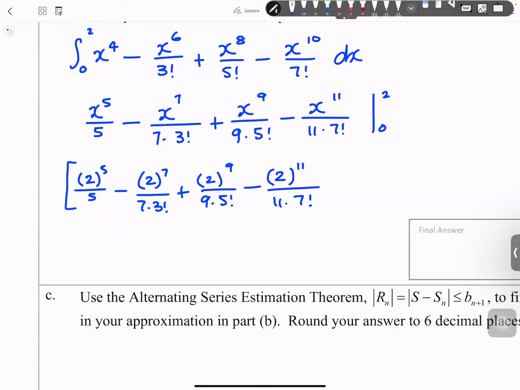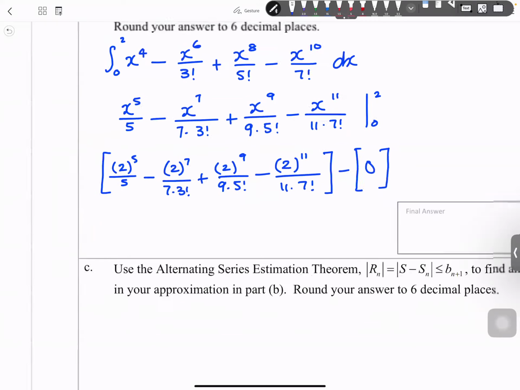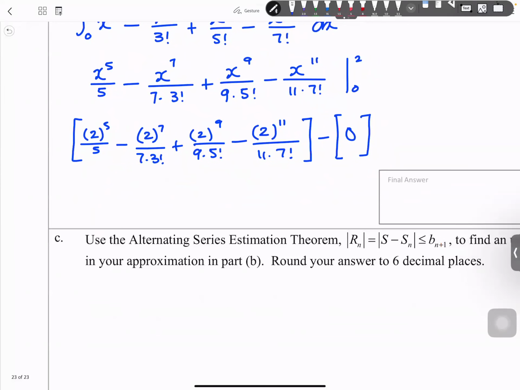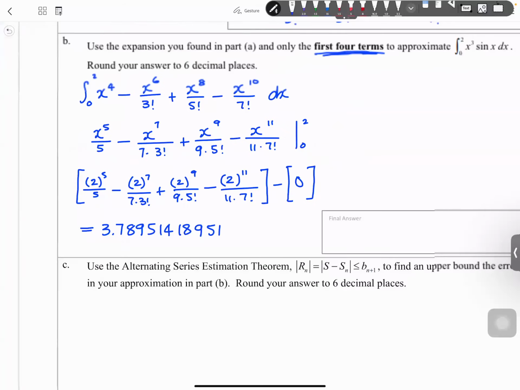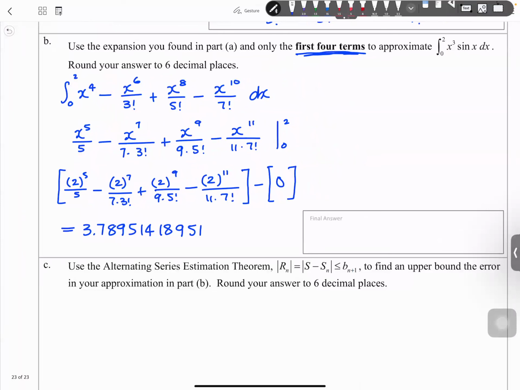So plug in top. When you plug in the bottom, each term is going to be 0, so you can really just do that. That is okay. We can see that the bottom, when you plug in 0, the whole thing is going to be 0. At this point, plug it in your calculator, and it is equal to 3.78951418951. Now, what I would do if I were you and I had a little extra time is